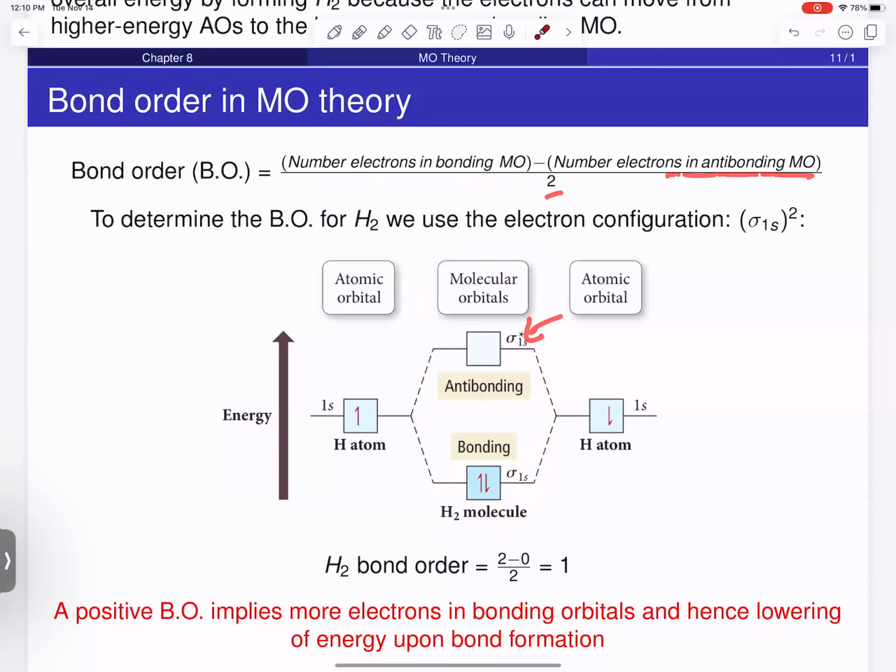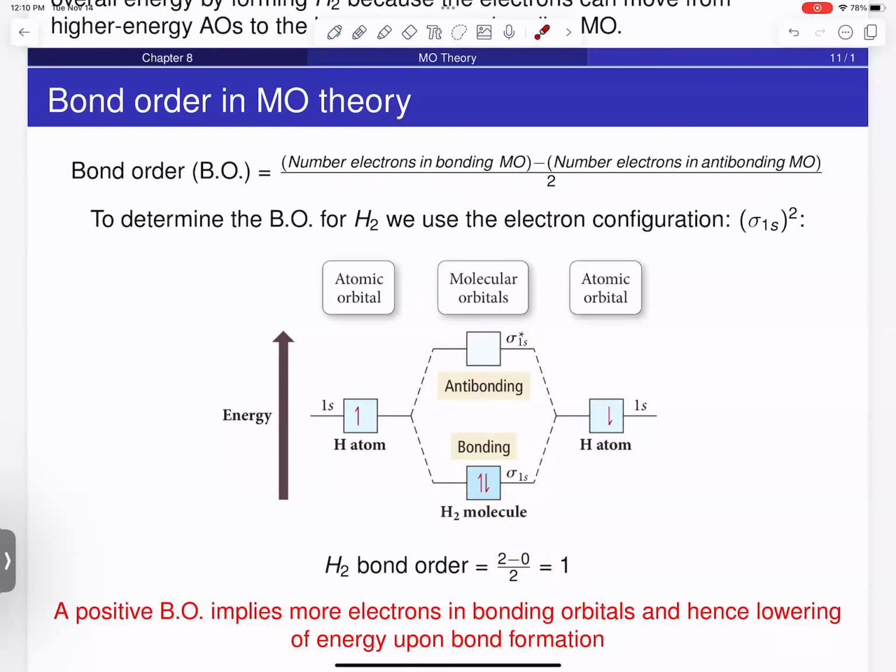We're going to divide it by 2, and we're going to calculate the bond order in that way. So for H2, we of course have 2 electrons in bonding. We have 0 electrons in an antibonding. So 2 minus 0 is 2, divided by 2, we see 1, a bond order of 1 for the H2